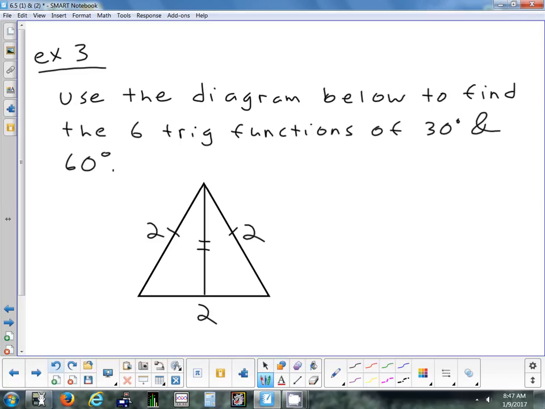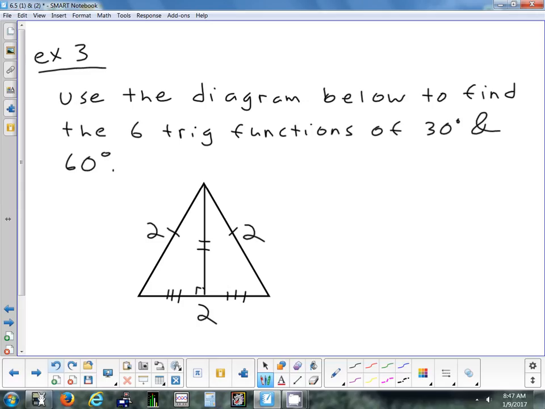And technically, it depends on what you already have proved to this point in geometry. If you know in an equilateral triangle that if you draw a segment from the vertex to the opposite side and it's perpendicular, it does bisect the other two sides. So if you knew that, then you could say this side is congruent to this side,